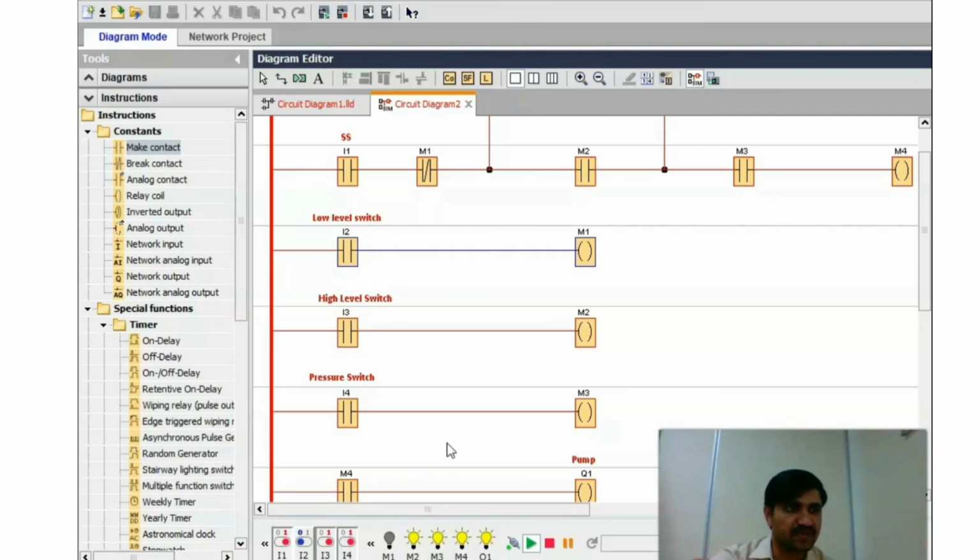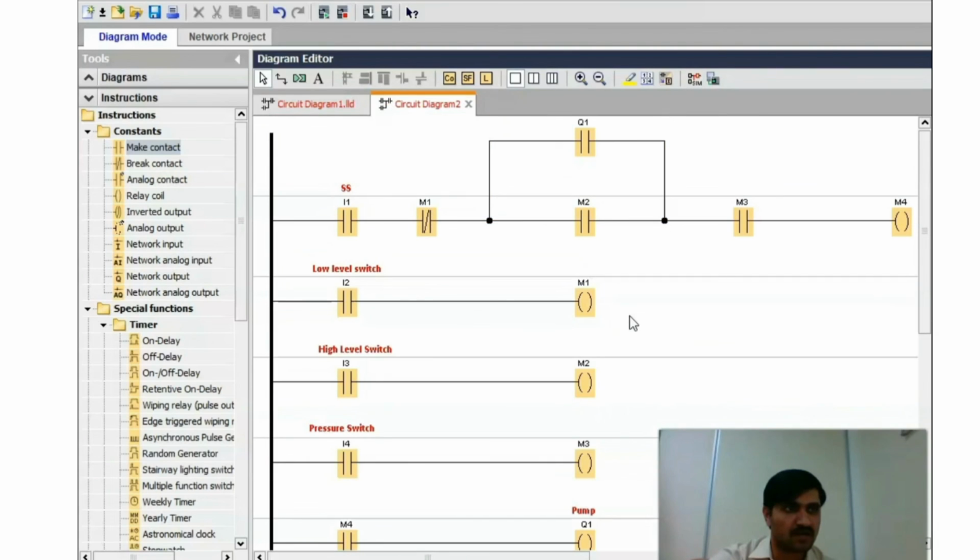This is a very simple and important logic that we use in most pressure booster pump systems. I hope it's easy to understand. Anyhow, if you have any doubt regarding this, you can write in the comment section. I can explain if you have any doubt.